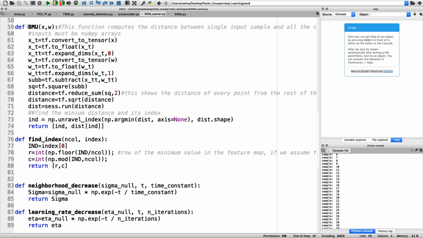This code, the BMU function, should give us the best matching unit or the winner. The inputs are the features of each training sample and all of the weights in the output map, and the output is the index of the winner and also its distance from the sample. So we have converted the NumPy values of the X and the weights to the tensors and changed the type to float, and since we want to use the broadcasting feature, we have used the expand dims function